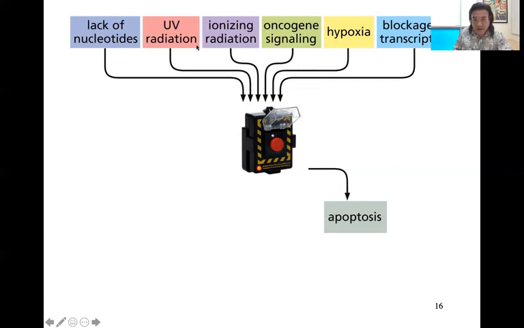Or radiation. What if the cell gets hit by radiation that starts messing up parts of the genome as the genome is being replicated? That's really bad too, because what are you supposed to be copying now if things are all damaged? If, for example, the cell during G1 gets way too many oncogenic signals,